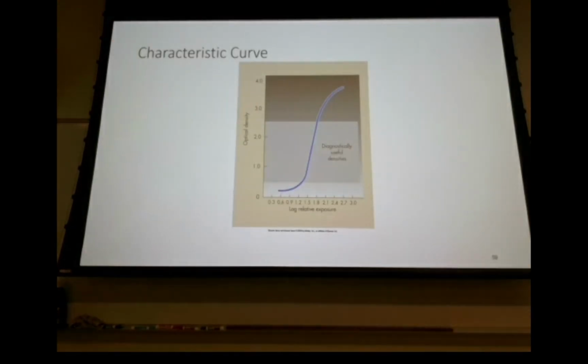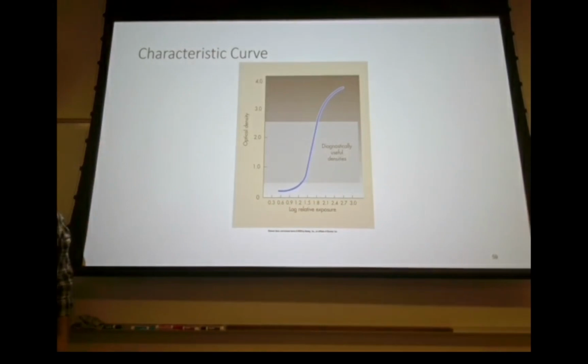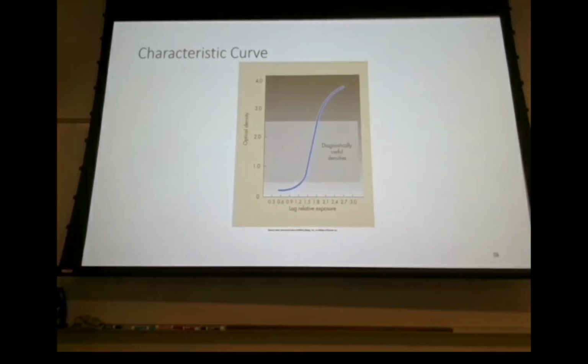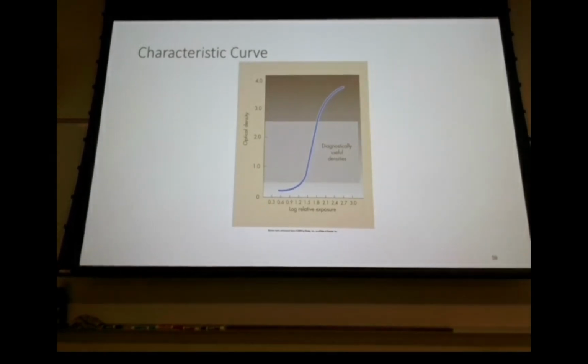But just to review what we talked about on characteristic curve, it's a couple of different things. And remember, there's a number of different names for it. It's the H&D curve, the Hurter and Driffield curve, the D log E curve. So that's density and logarithmic exposure. What am I missing? Characteristic curve. Yeah, that's right there on the slide. So they all mean the same thing, and all it is, again, is a measure of the speed